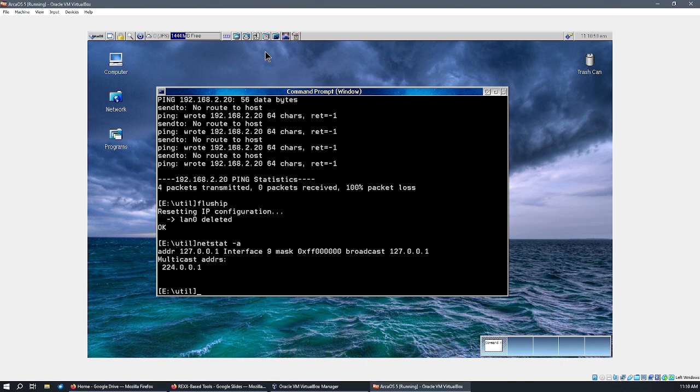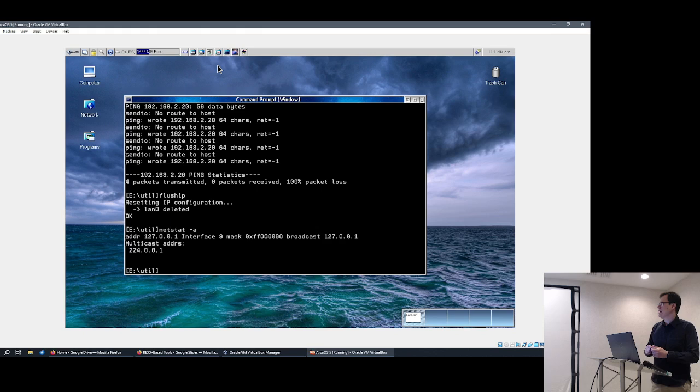okay, so now there's nothing but loopback. It does not flush loopback. It always leaves loopback where it is because there's no reason to get rid of loopback, and it's better to have it, generally speaking, than not. So now what I can do is, actually no, I'm going to wait because there's something else I want to show you later about dealing with this issue. So I'm going to leave it at that for now. So you've seen what flush IP is, and I'm going to move on to